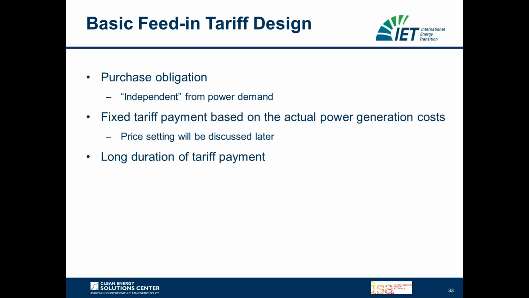First of all, a purchase obligation, so that the power producer knows that each and every kilowatt hour that is produced will also be taken and paid for. This is also defined as priority purchase, priority access to the market. What is nowadays more and more important is also the curtailment rules. So under a classic feed-in tariff, you would also be remunerated for each and every kilowatt hour that has been curtailed due to grid